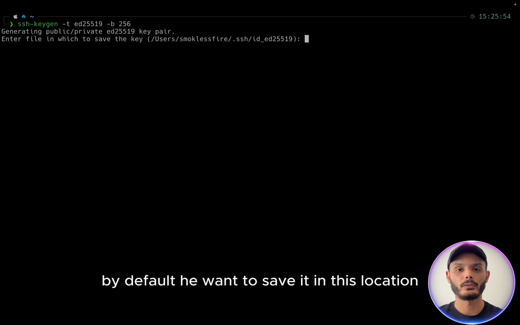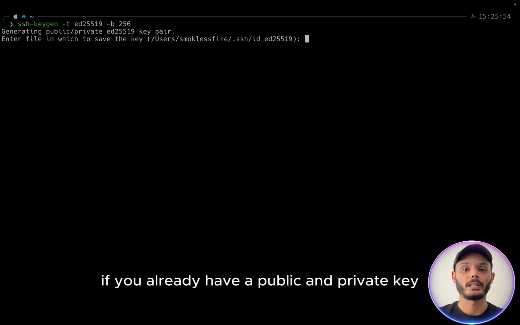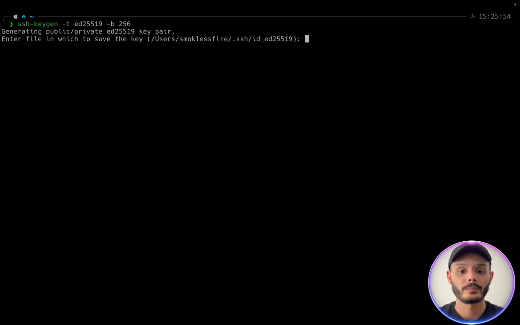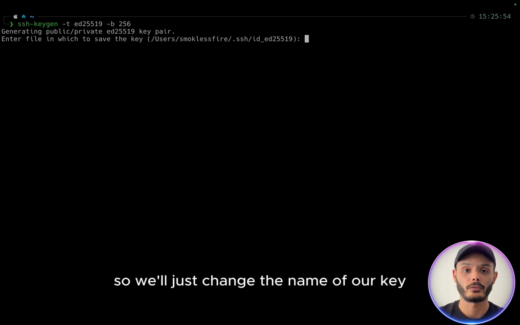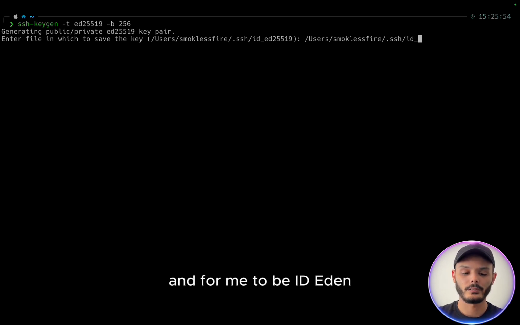By default, it wants to save it in this location, which we'll agree with. But for the name, if you already have a public and private key, it will overwrite them. So we'll just change the name of our key. And for me, it will be id_eden.